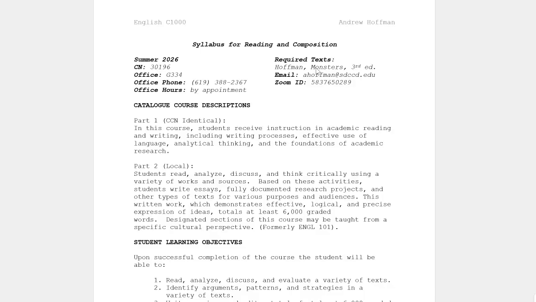Ways to get a hold of me. Now, summer is a little bit of a dead time, so the best place to go is, well, not a place, it's email, right? Here's my campus email address. Also, we do have an office and a phone, but I'm not there during the summer unless I really have to be there for some particular reason. Most of the time, that's not really necessary.